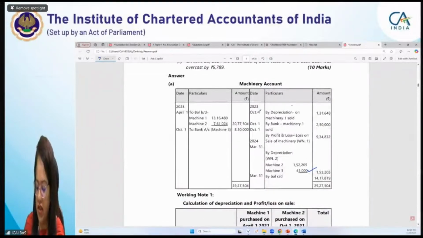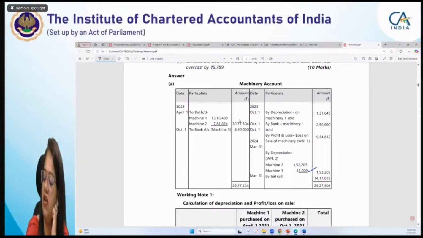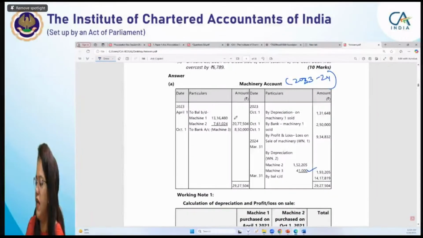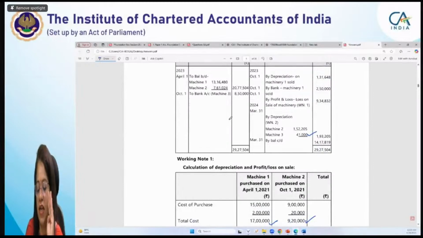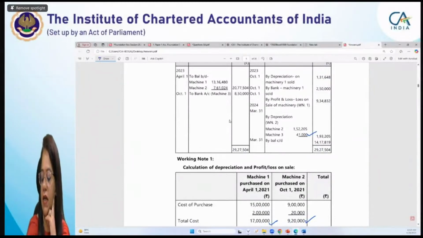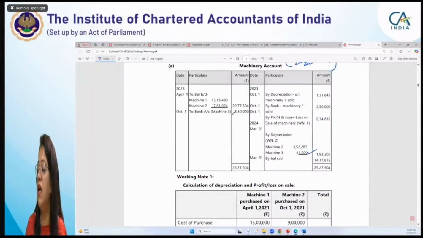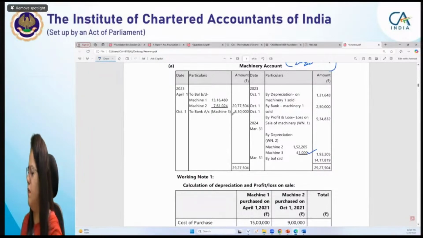All right, and these all figures we have put here in the machinery account. Since he has asked to prepare the machinery account only for 2023 and 24, so you'll be preparing only for this year. Sometimes what student does is, वो पूरे साल की 21 से बनाना शुरू करते हैं, बट आपके क्वेश्चन में सिर्फ 1 साल की करी है, बाकी सब हमें वर्किंग नोट में दिखाना है, हमें पूरे सालों की नहीं दिखानी है। ओके,